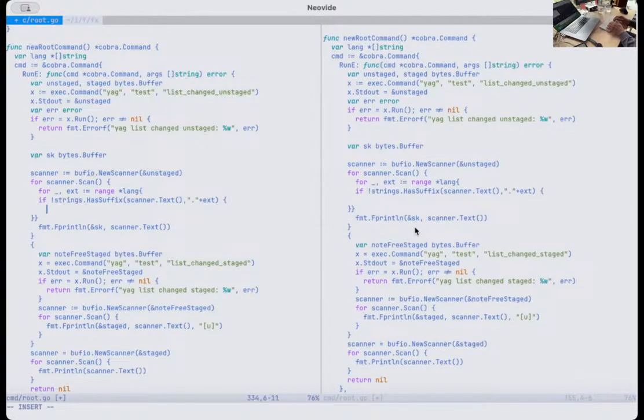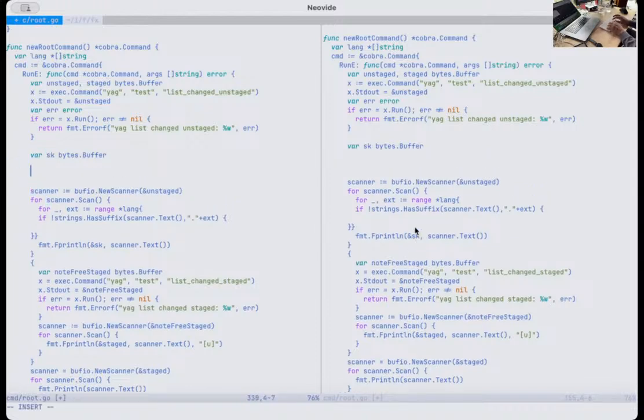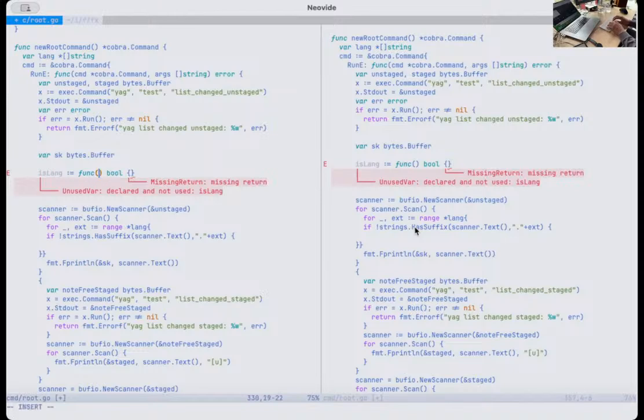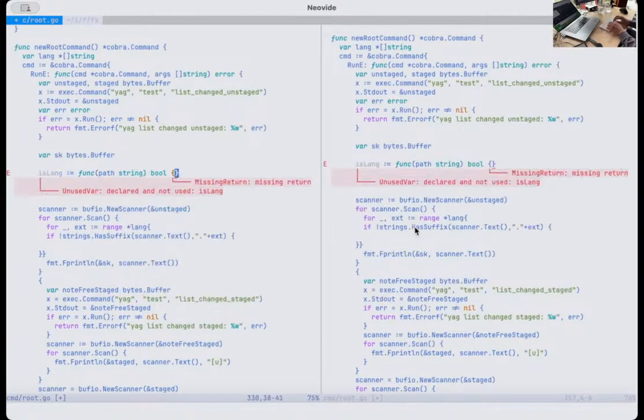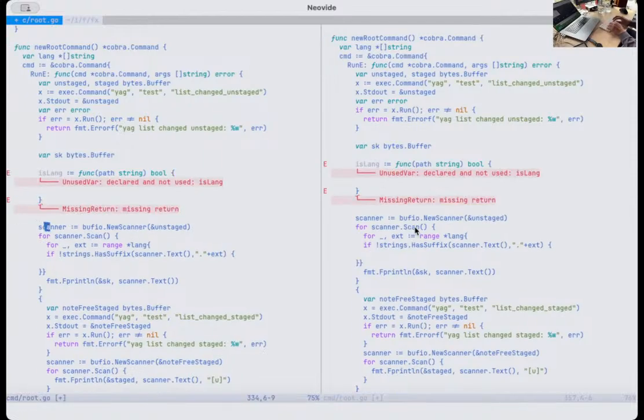And if the string has a suffix of any of my language suffixes, then this is an operation. By the way, this is an operation I will be doing a lot, so I will create a little function, isLang, that returns a boolean and takes a path as an input, and we will just do this little for thing